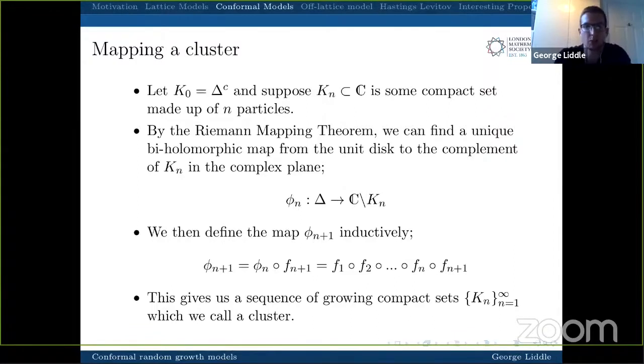So how do we actually then form the cluster? Well, it's done iteratively. We start with some compact set, which we call Kn. So in this case, we've got n particles on the boundary. And how do we form the n plus 1 compact set, or the cluster? Well, we know we can find a unique conformal map which takes the exterior of the unit disk into the exterior of this cluster. So how do we form the next map, the phi n plus 1 map? Well, we just pre-compose with the n plus 1 particle map, which is going to attach a particle onto the